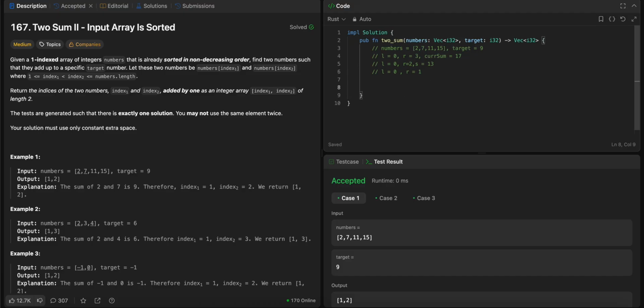So let's code this approach up. Let n equal nums.len(). Let mutable L equal 0, and let mutable R equal n minus 1. Then while L is less than R,